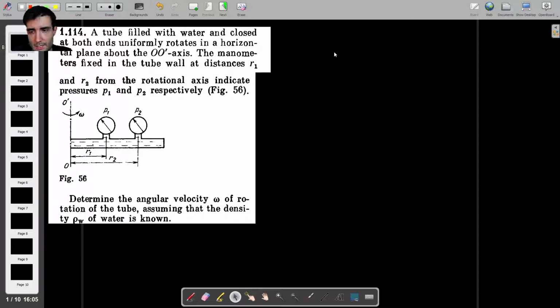As I mentioned earlier, we're dealing with a tube filled with water, and this tube is rotating about an axis, and that axis is labeled O and O prime, like this. We don't actually know what the angular velocity is, but what we're told we know are the two pressures P1 and P2, which correspond to two manometers situated at a distance R1 and R2 away from